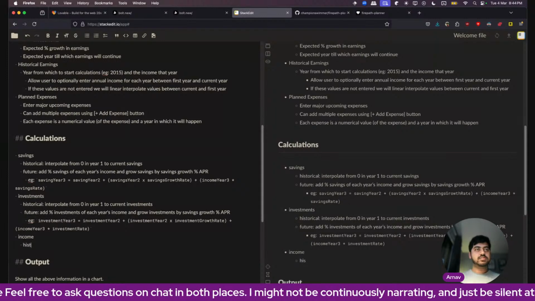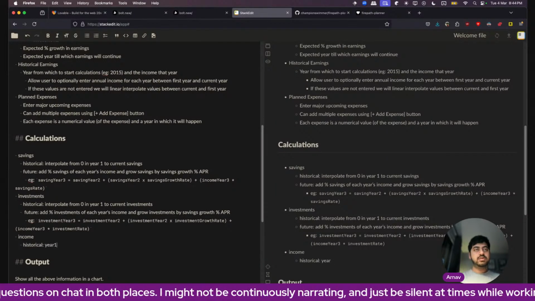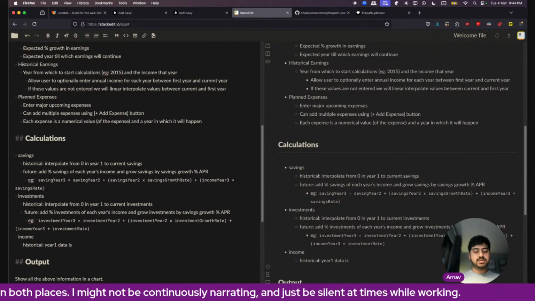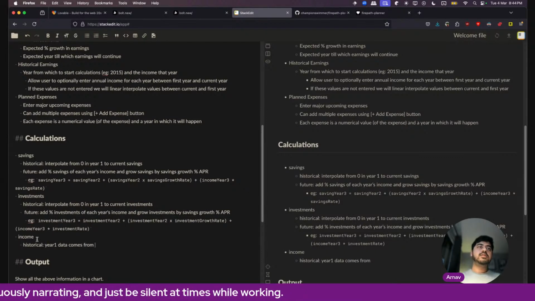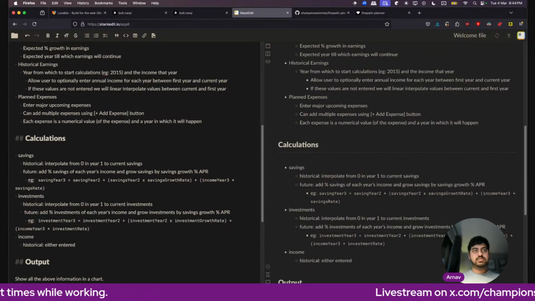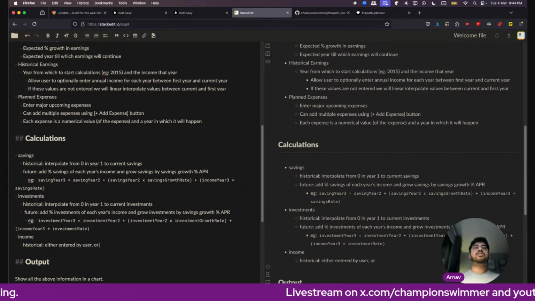Income, year one data is current income.